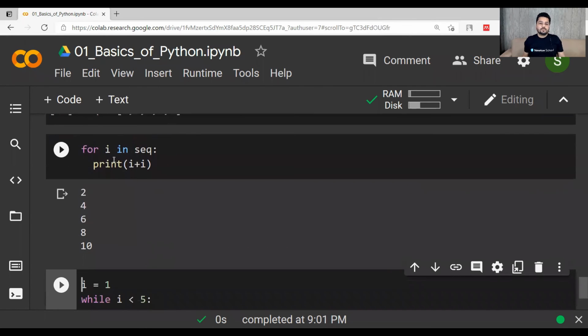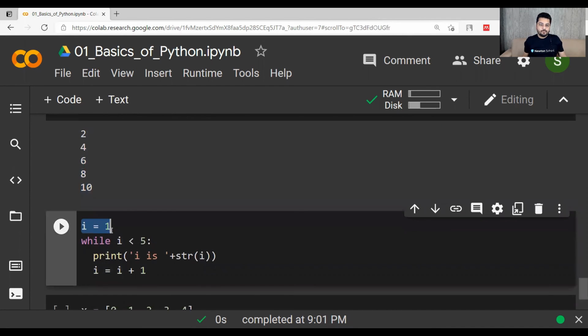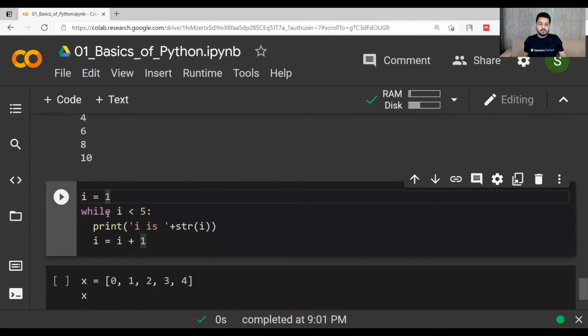Okay, so you are doing it in a sequence. I plus I will give you this output. Now I equal to 1, so initially you have I = 1. While I is less than 5, within this while loop, which has the indentation, because print and this I statement have the exact same indentation, it means these two statements are part of this while only. Print I as str, I equal to I plus 1.